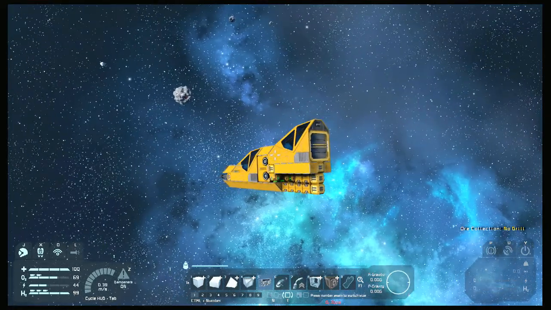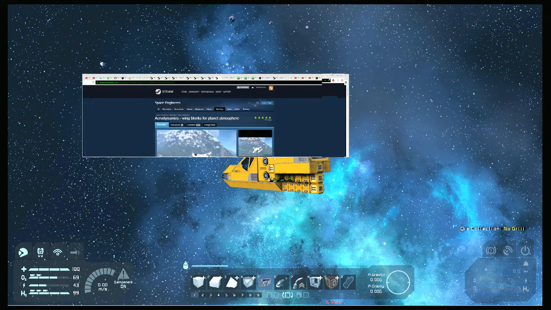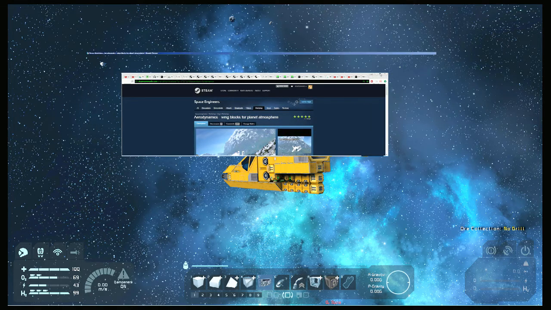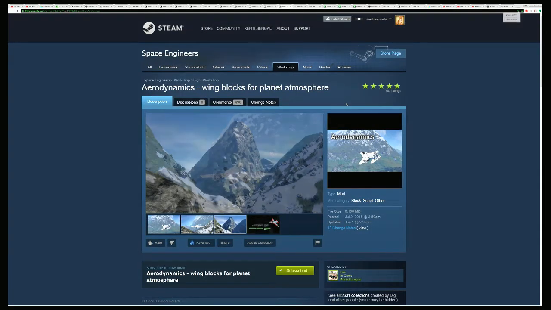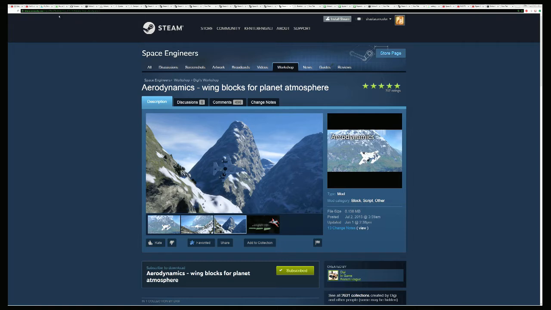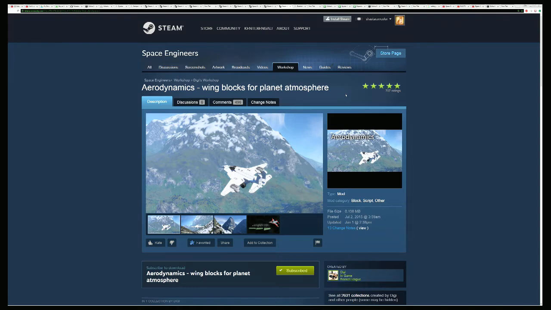And so anyway, what I wanted to do is show you. We broke last time, if you remember. Let me bring up the correct pages here. Bring this onto the screen, and because this screen is UHD, let's zoom in so you can actually see what this looks like. So hopefully you can read the text up here. This is Digi's workshop, and this is the Aerodynamics wing block mod, which includes his script for